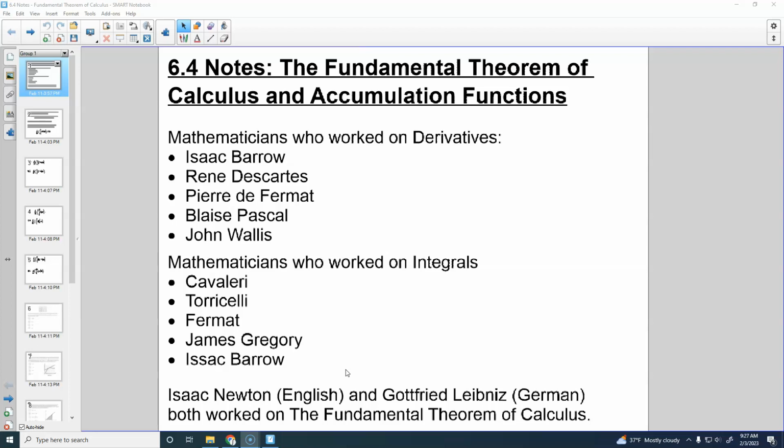So, there was an investigation into who actually was the founder of calculus, and that investigation concluded that it was, in fact, Isaac Newton. However, this investigation was conducted by the Royal Society. Guess who was the president of the Royal Society at the time? Isaac Newton. So, take that for what you will on the validity of the investigation.